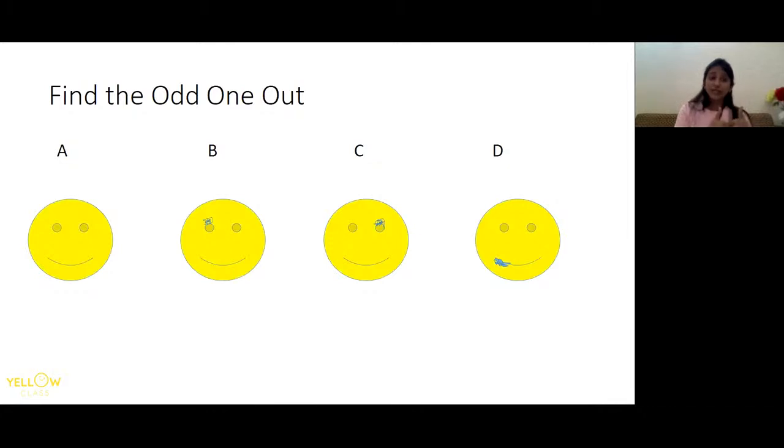Okay, so which option is left out, which does not belong to this group? It is option A because it is symmetrical while the rest of them are not symmetrical. Fine. So these kinds of questions you will regularly find in any logical reasoning books or any exams or competitions you take part in. Now it is easy to solve, right? Yes, I know it is easy for you now to solve.